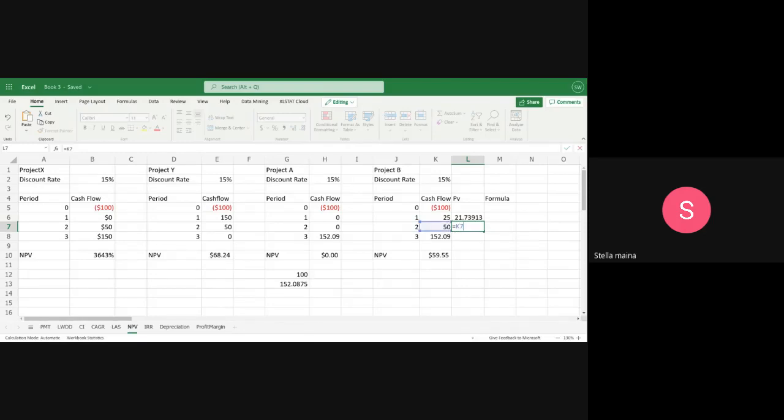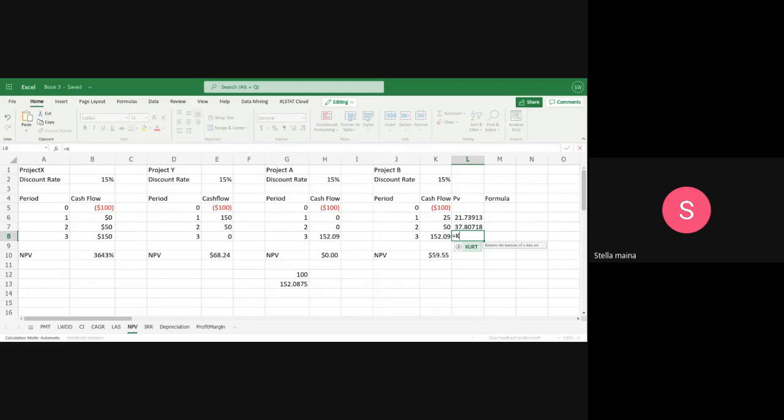K7 divided by 1.15. So that is, no, this is supposed to be K7 raised to power 2 since it's the second period. Remember how we did this for the third period? We raised it to power 3, so that is what we should do. And then now we come ahead and do for the second part, which is going to be